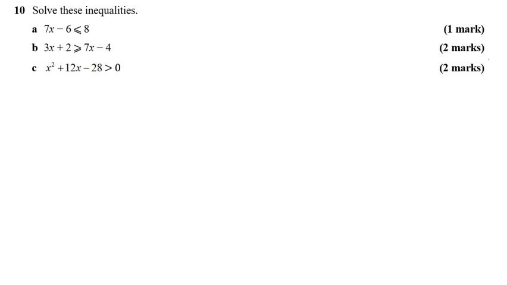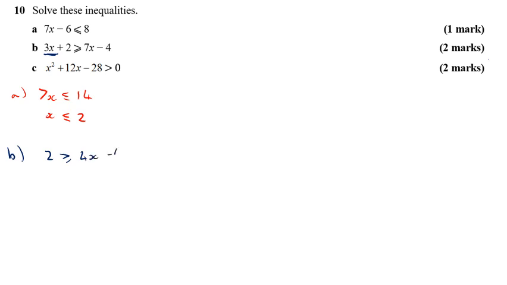Okay, so for part A of question 10, we just need to solve in exactly the same way that we would solve an equation. So I would add 6 to both sides, giving this. I would then divide both sides by 7, giving x is less than or equal to 2, and that's it. For part B, I would first of all take away 3x from both sides, which gives 2,